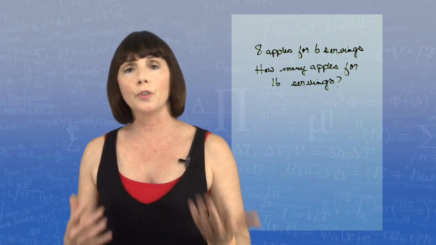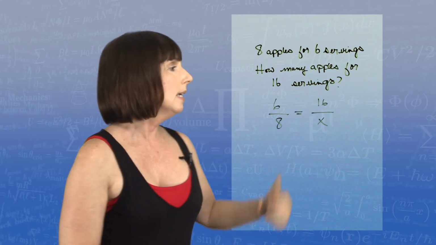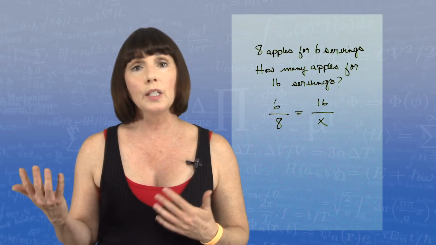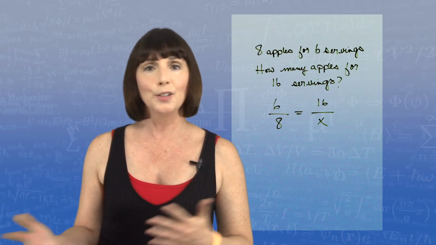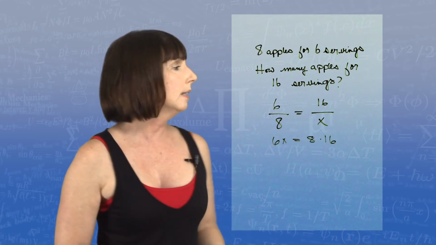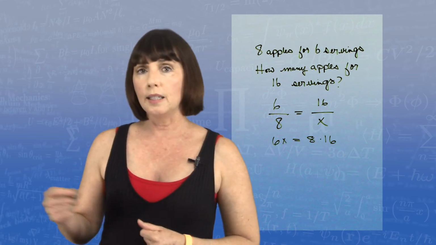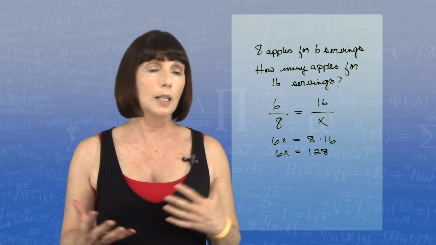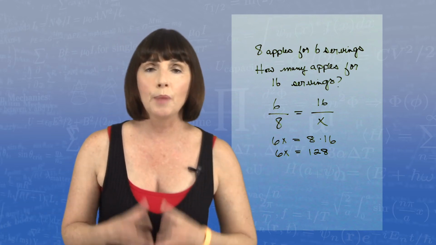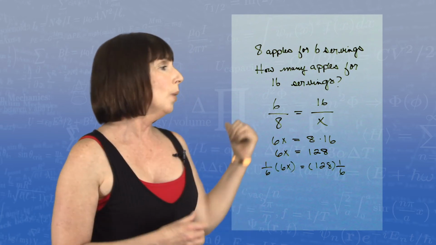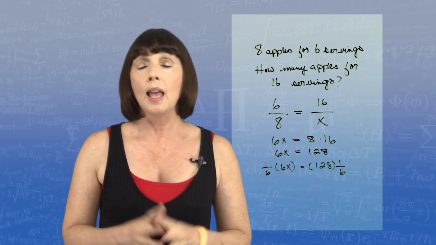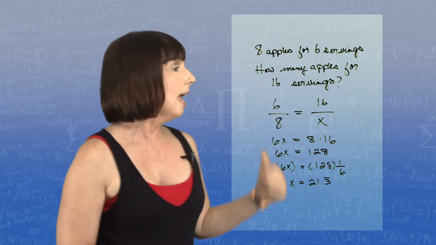So I'm going to do servings over apples. So I get 6 servings over 8 apples equals 16 servings over x, my currently unknown number of apples. And to solve this, I'm going to cross multiply. So I get 6x equals 8 times 16, or 6x equals 128. Now I'm going to multiply both sides of my equation by 1/6, and I get 1/6 times 6x equals 128 times 1/6. And when I do that arithmetic, I get that x equals